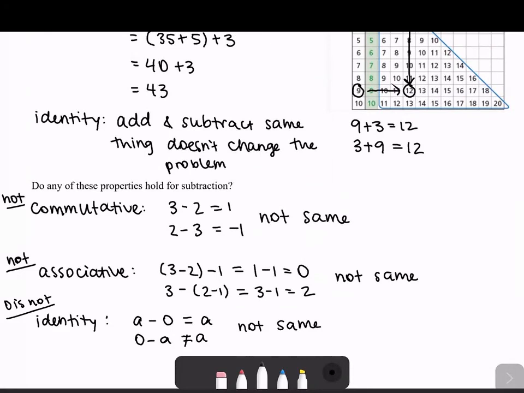So yeah, none of these properties hold for subtraction. We don't have that it's commutative or associative, and it doesn't have an identity. Because if it did have an identity, so this A minus 0 being A, this right here is what we call a right-hand identity. Because when we subtract 0, when we do the operation with 0 on the right here, we're subtracting 0 on the right. In that case, we do have an identity, right? It works when we have 0 on the right, but when we have 0 on the left, it doesn't work anymore. So